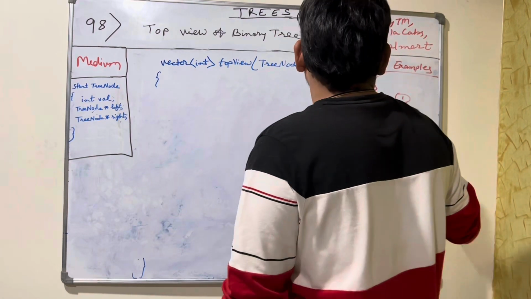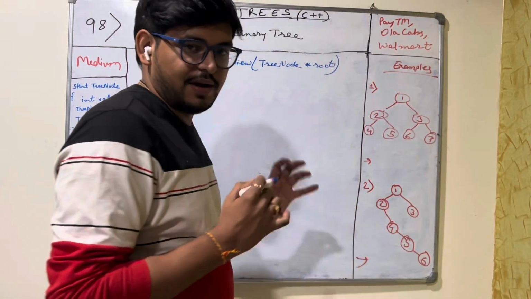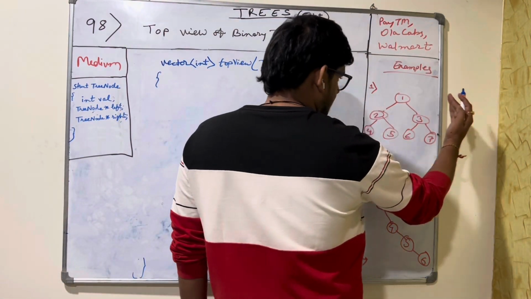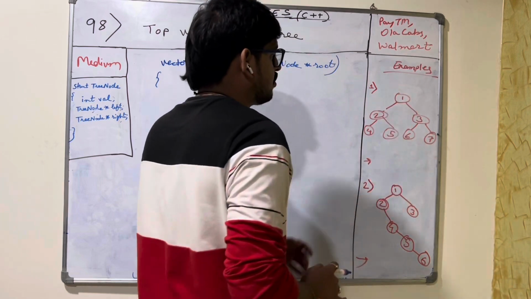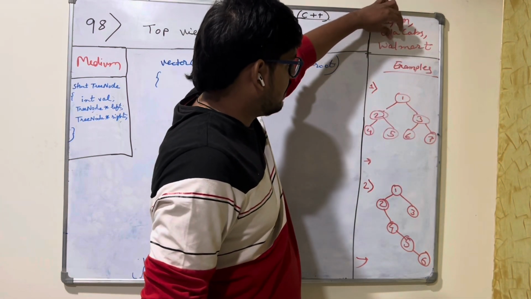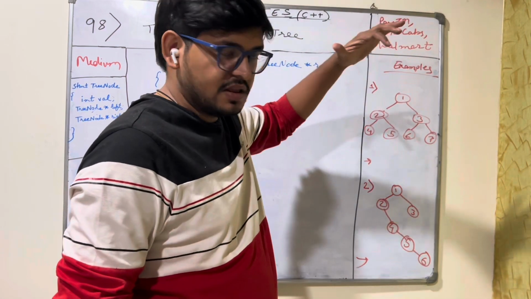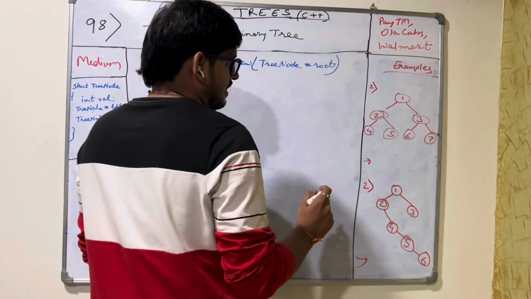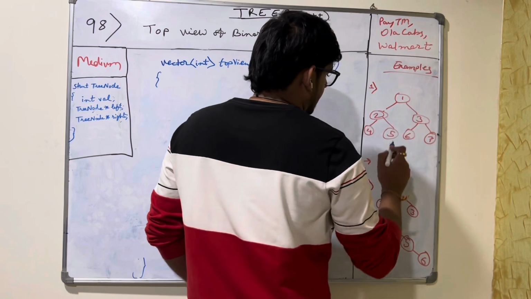In the previous question we solved the right view of a binary tree, standing on the right and looking at the tree from that side. But here it's the top view. Someone is sitting at the top and looking at the tree. What would he be able to see? If he looks at it from the top, he'll be able to see,